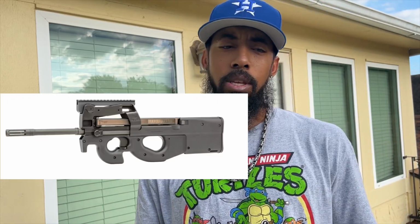But anyway, we're back again with a new item that I feel is kind of comparable to an FN PS90, you know, the civilian version of the P90. I really wish I could get my hands on one of those, but as a civilian, you gotta take what you can get, right? The PS90 is an FN rifle that's basically a bullpup short version. It's got 5.7x28 ammunition, and it's used in a lot of